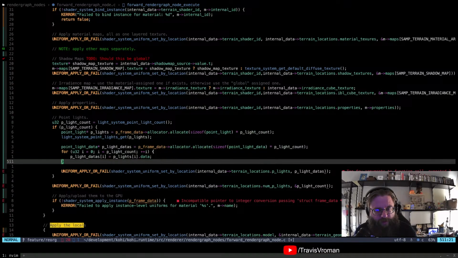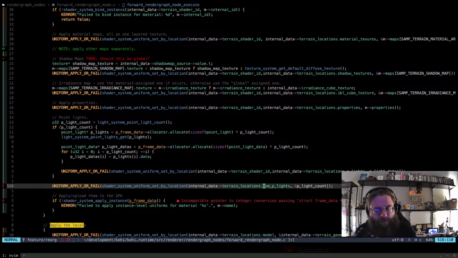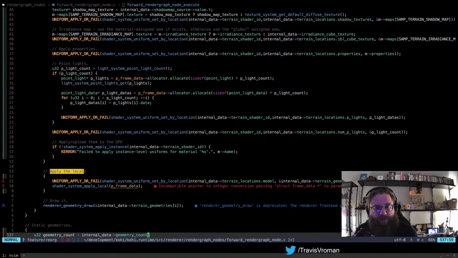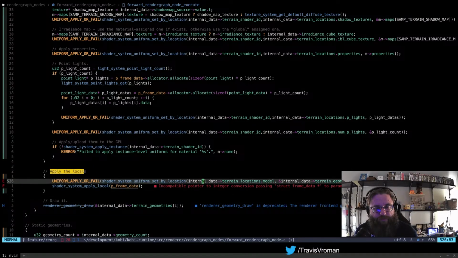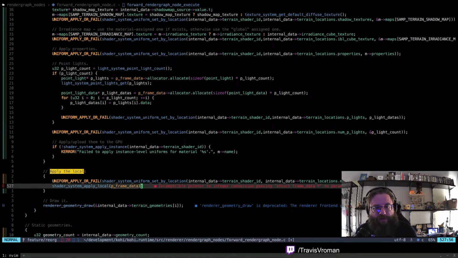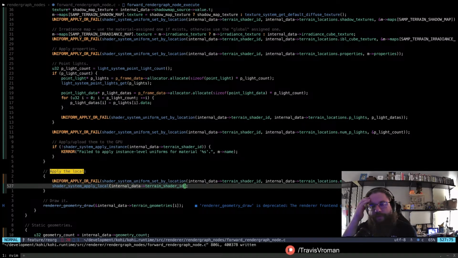Let's see, right here, right here, and then instead of p-frame data, we use terrain shader ID. And then apply locals is just going to be a single, well, I guess two changes: internal data, terrain shader ID, comma, and just that by itself there, right? So those should all be fixed now.